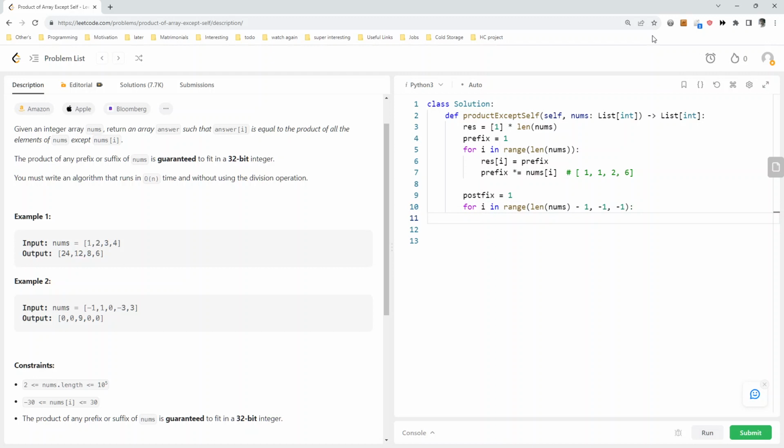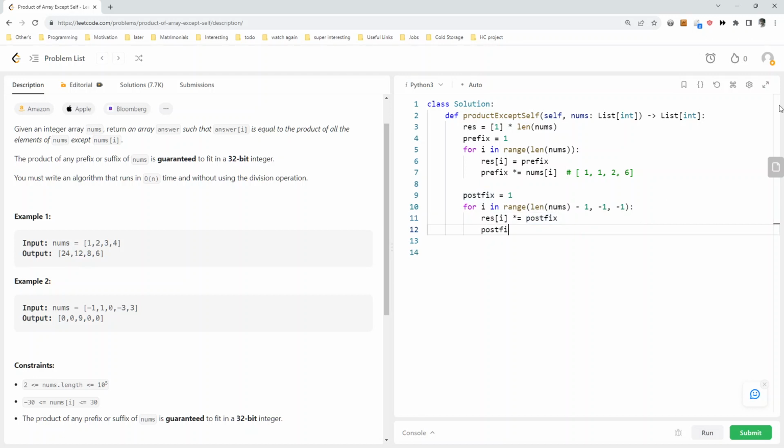And here we cannot just say the result I is equal to postfix. And why can't we just say that? Because otherwise this 6 that we have here would get overwritten by 1, so we cannot do that. So here we'll say the result is multiplied by the postfix,